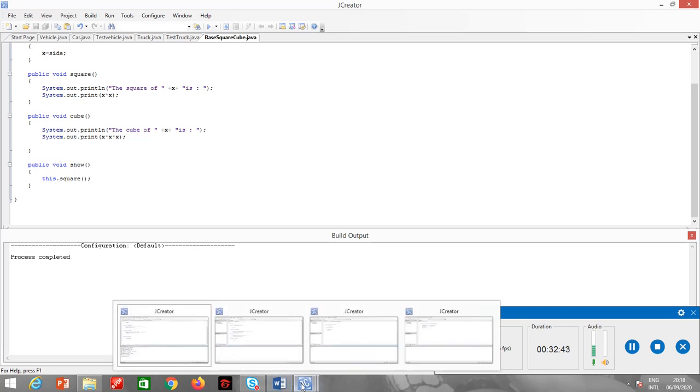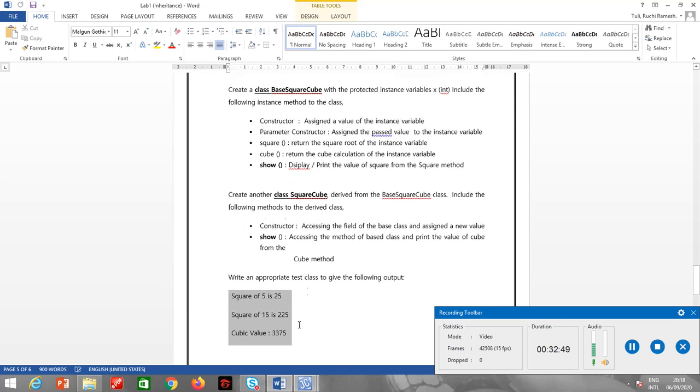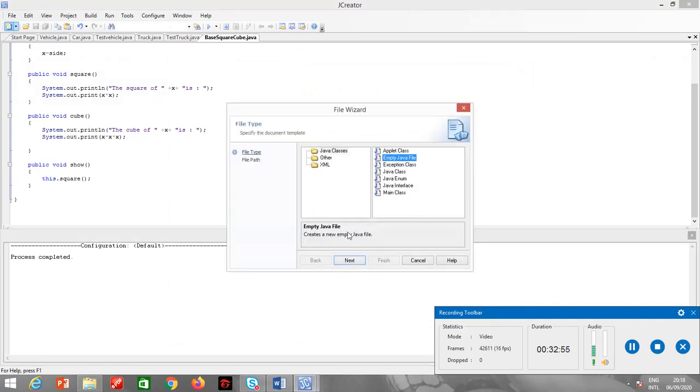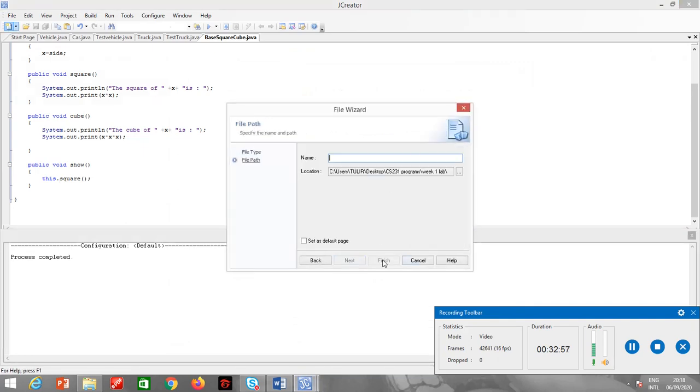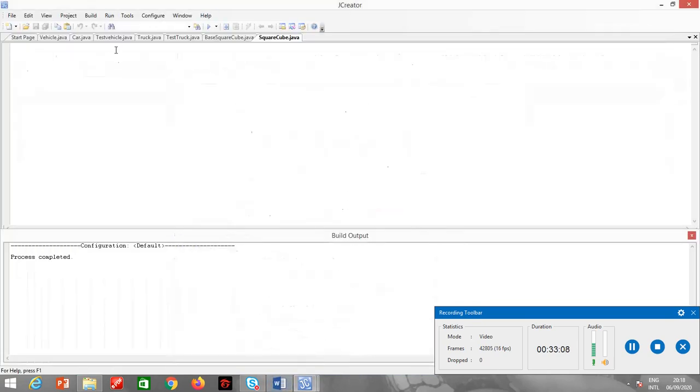Okay, now moving ahead, I have a class called square cube now. Okay, so it inherits from the base square cube.